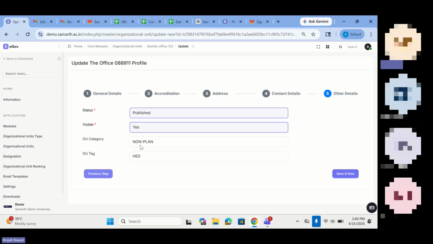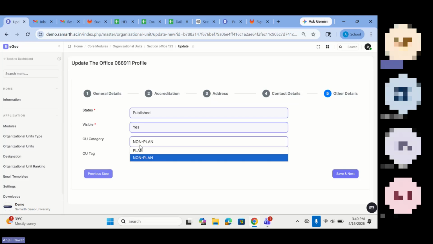Then OU category: plan and non-plan. This means you have two departments or two buildings. One department you are using from the start, and currently the work is still going on, meaning all the planning is going on in that department. And another department maybe is being created for a few years, or will be published in future, or there is no planning going on.